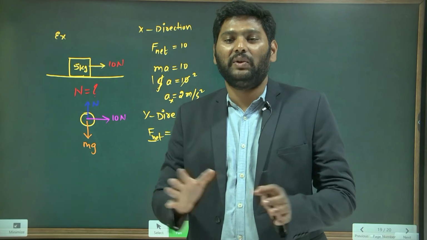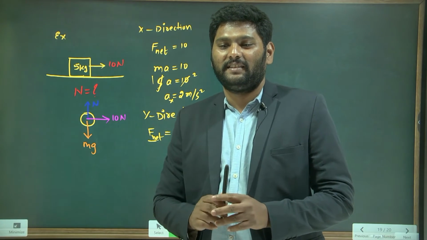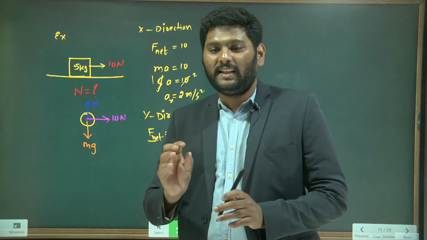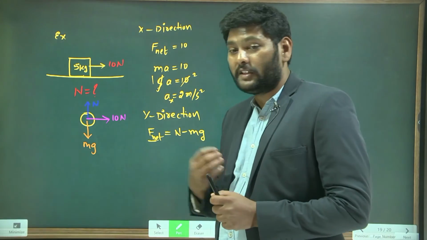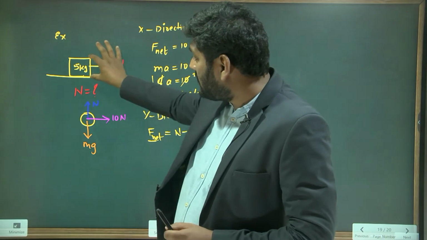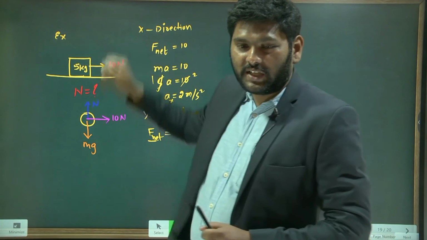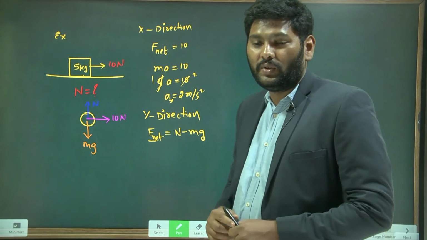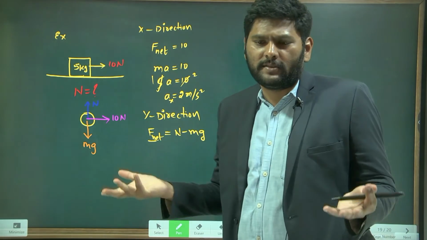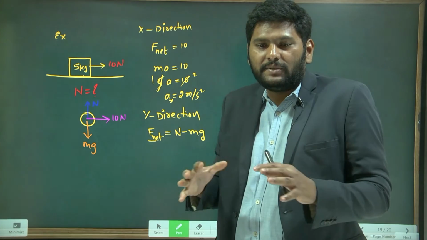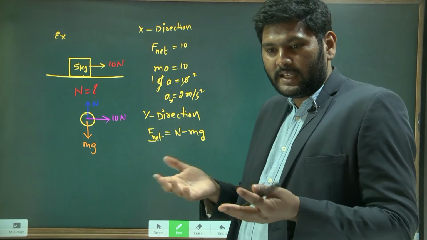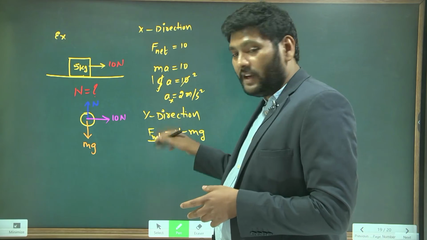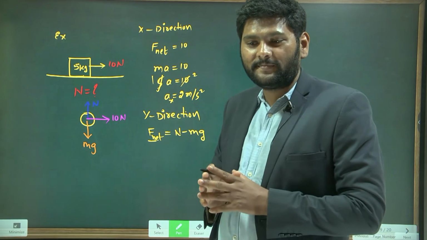I am asking the value. See, that is common sense. We can find it with common sense. How can you find it with common sense? Look here. Is this object moving along the y direction? No, sir. Not moving means no net force. Understand? The object is not moving, which means along that direction we don't have net force. So F net along the y direction is how much here?